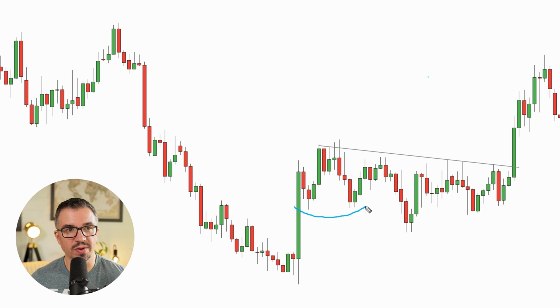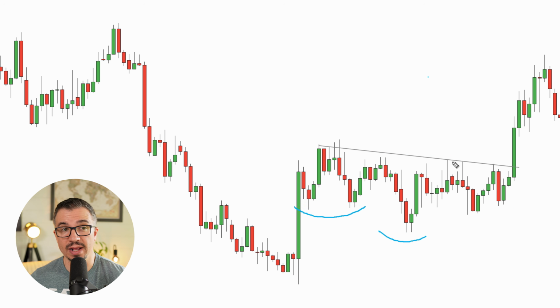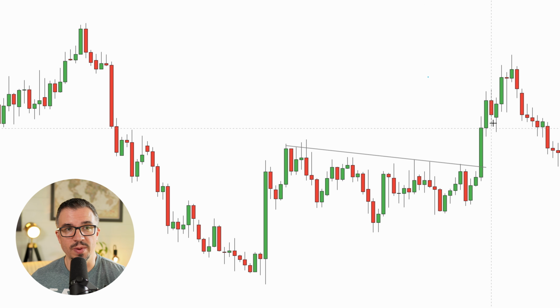We have the left shoulder over here. In fact, two, we have the head over here and we have the right shoulder. So this still meets all of the rules, right? We have both shoulders on that same horizontal plane. We have the head extending beyond those left shoulders. And we also have a descending neckline, which is valid, right? So everything checks out here. And you can see where this played out really well, right? We got a nice breakout and nice move to the upside,